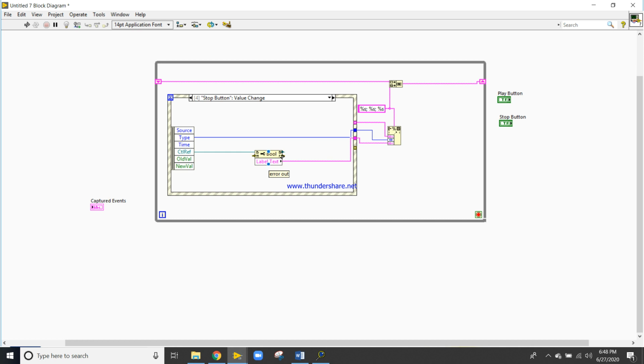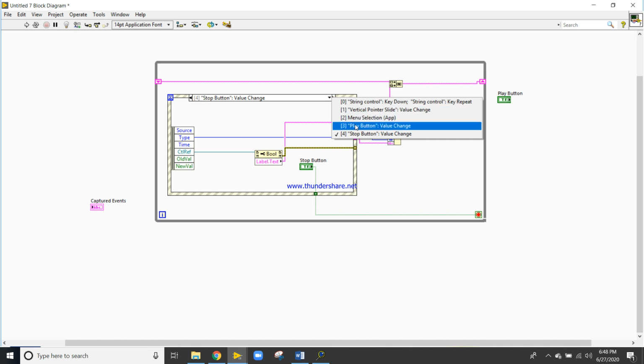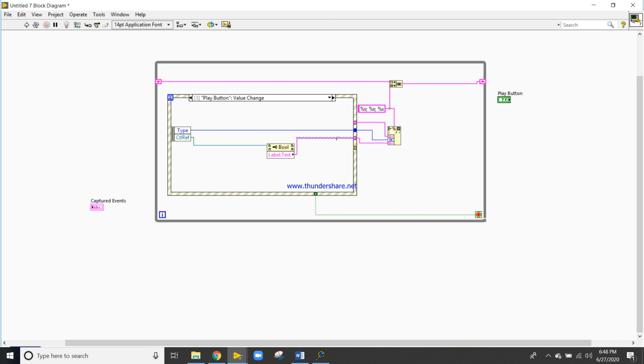Sorry, it will not connect here, it will connect here. The stop button will come inside. Just a second. We will connect the stop button here. Go back to the play, it is wrongly connected. It will be connected here. Data will pass here. Play button will be connected here.